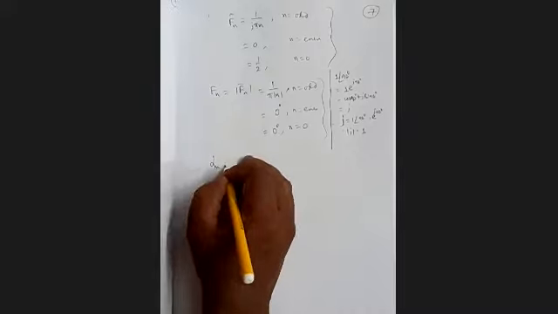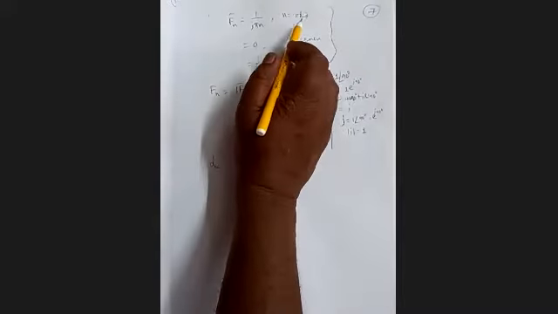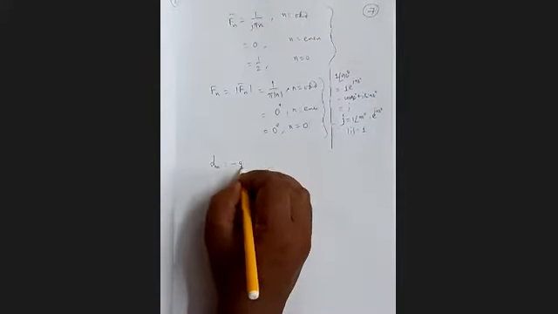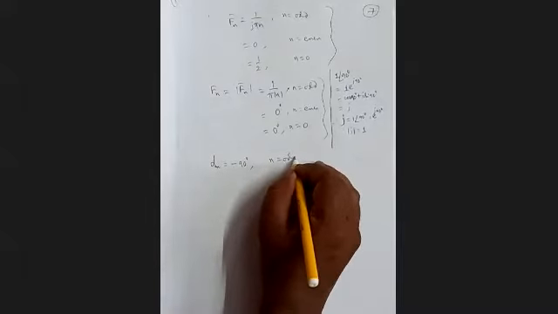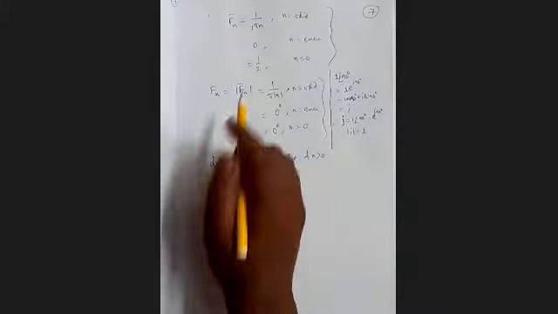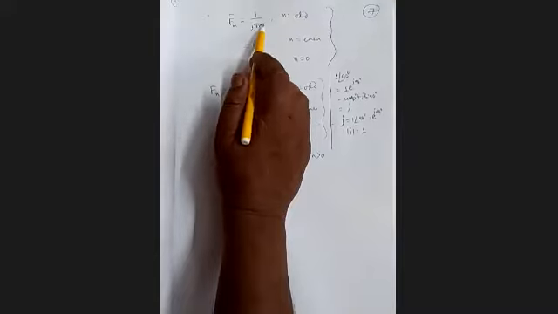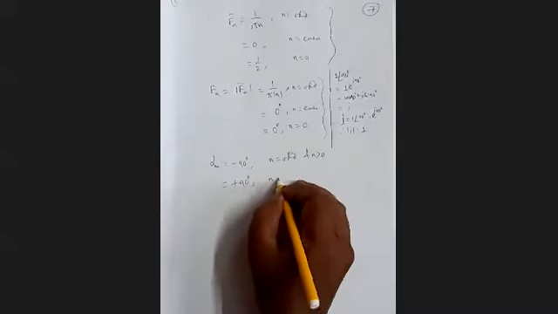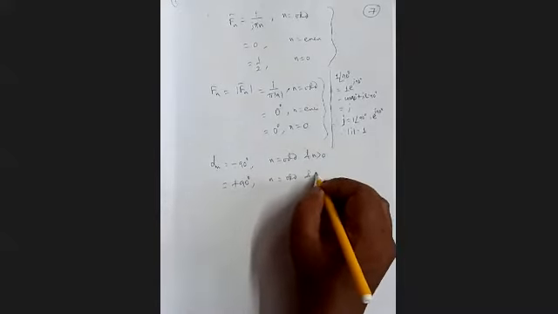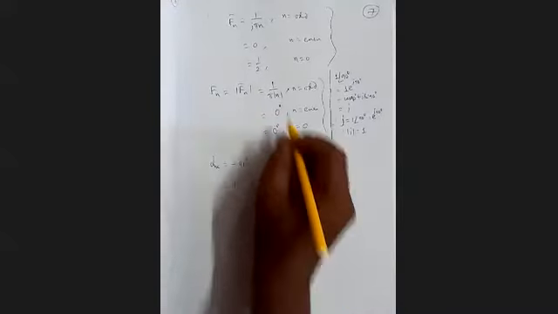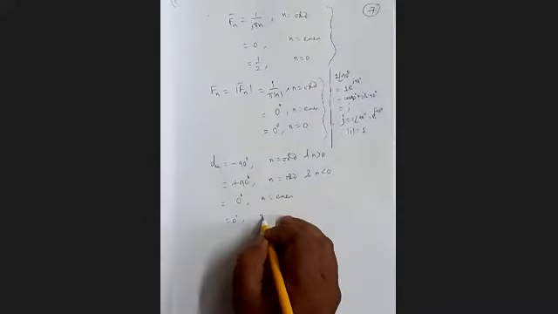And what is our alpha n? Alpha n for n odd is 1 by j. When n is positive, 1 by j means minus 90 degree, when n is odd and positive. And when n is negative, what will happen? 1 by j is minus 90, and when n is also negative, minus of minus 90, so plus 90 when n is odd and n is less than 0. And it is 0 degree when n is even, and 0 degree when n is 0. So that is our alpha n.